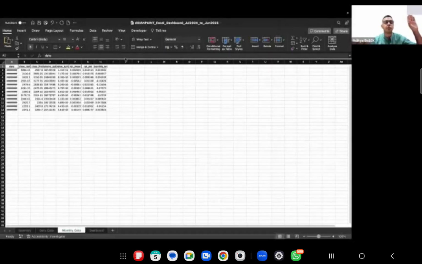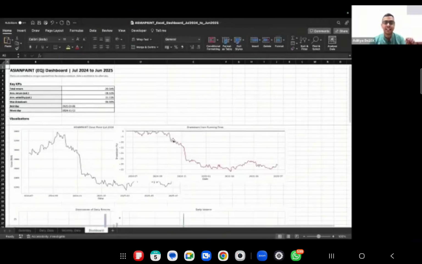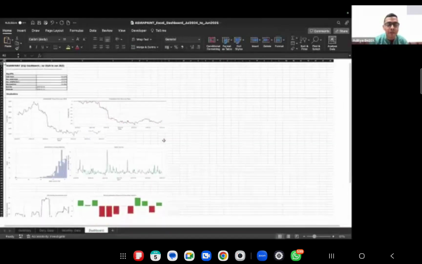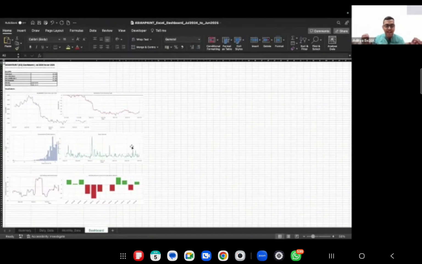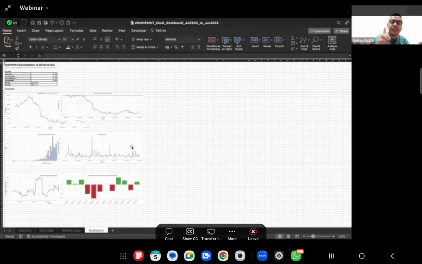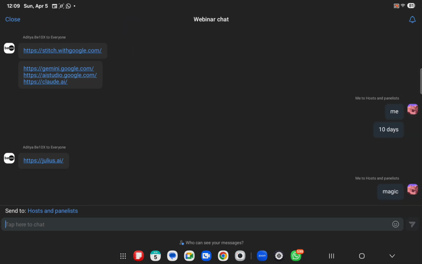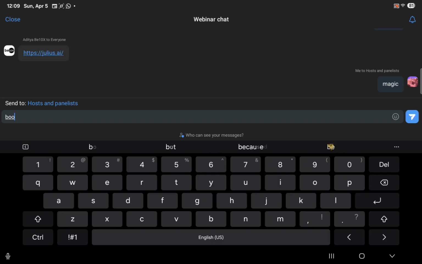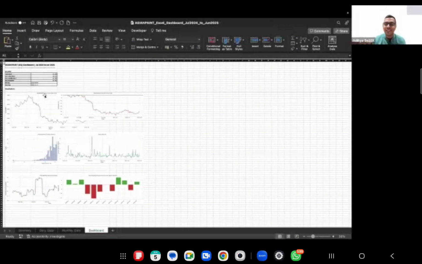How many of you see this dashboard sheet? We asked it to create a dashboard subsheet, right? So it has created a dashboard sheet. Let me click over here. Guys, drop in a boom in the chat box if you are mind blown about the fact that we asked it to create a separate sheet named dashboard with all the visualizations over here, and we have that in a matter of a few seconds.